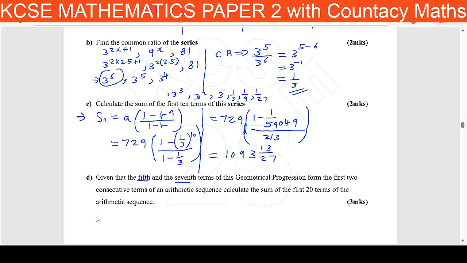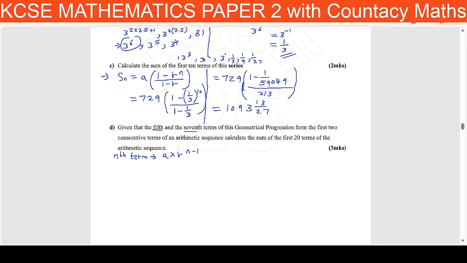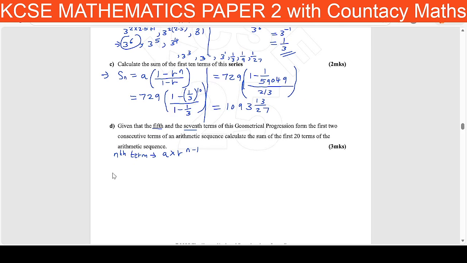The first thing we find is the fifth term. But to get the fifth term, we must know how to get the nth term, or any term, from a GP. How we get any term from a GP is that we take the first term and multiply it by the common ratio to power n minus 1. I think once we do it practically, it will become a bit easier. So that would imply that the fifth term